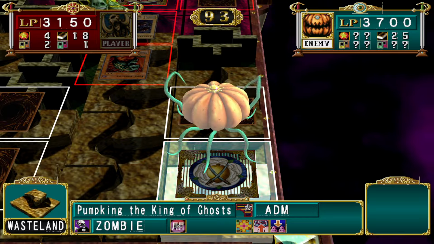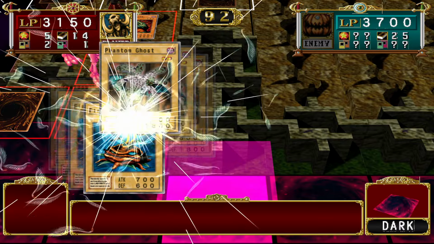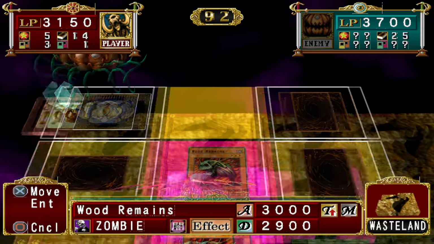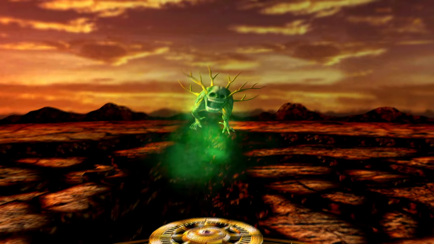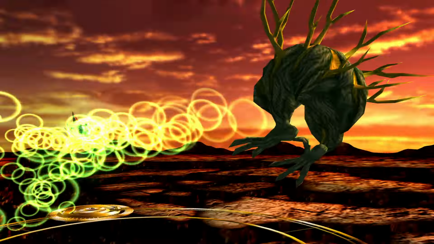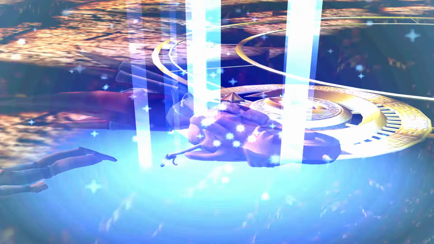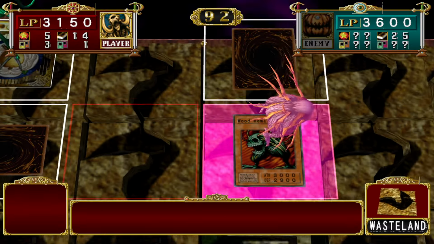Oh, that is a Dakura Rider. Ooh, good. No, this should be a 2,900. Oh, that's a nice sounding motorcycle. It's very rare that you actually see a Dakura Rider, because you have to ritual summon it, usually. And honestly, I'd rather just put one in my deck. It's not too strong of a card. It's not actually that strong of a card either, but...